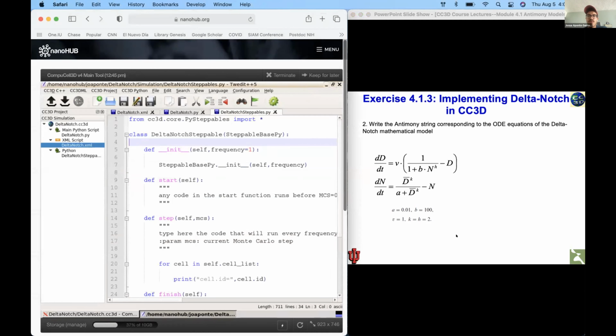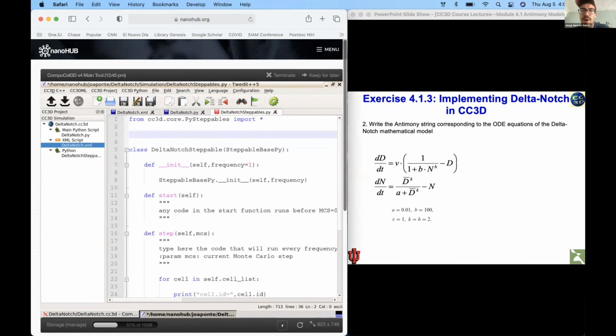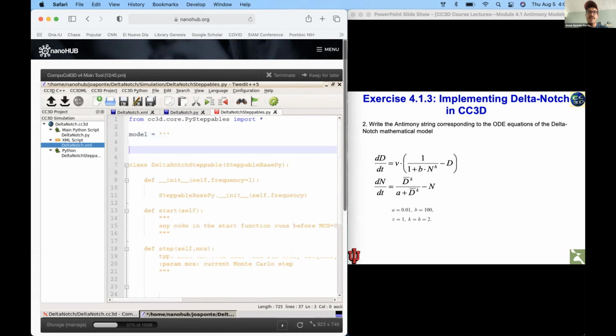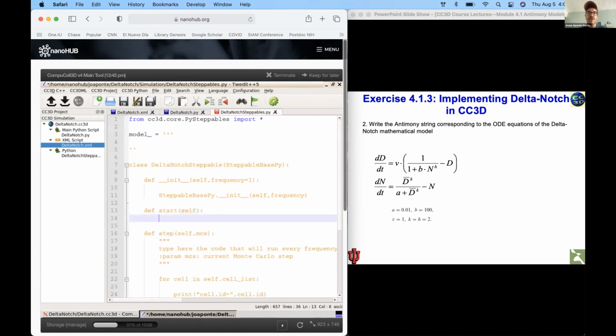This builds up on what James was explaining earlier. There is a simple way, knowing the syntax of the Antimony string, to turn these ODE equations into an Antimony model. The first thing is we want to define the model string. We haven't defined the parameters yet, I'm sorry, and that is a good point because we were supposed to define them in the start function. So in the start function,